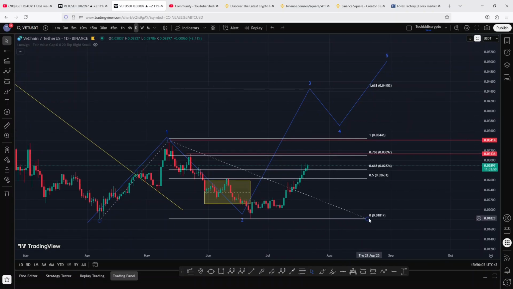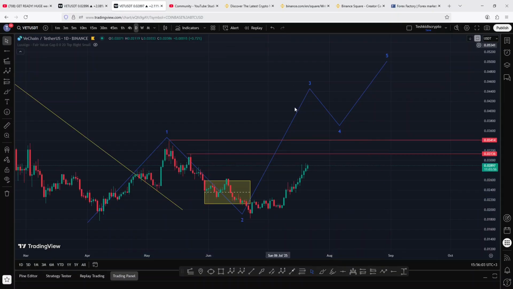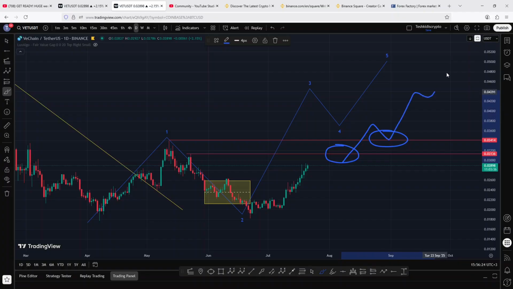And for us to hit that minimum target area, we first need to see a break above the significant swing high we made on the daily chart above the 0.03136, flipping it back into support, and also the high we made in the formation of that first wave above the 0.03414. The moment we manage to break above those significant areas, then we can continue pushing higher until we fully